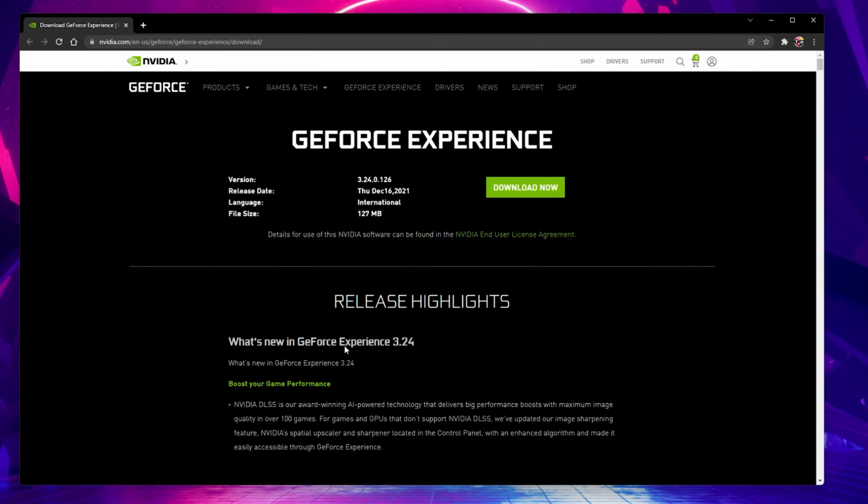Here, in the Drivers tab, you should see an option to download the latest graphics card driver. To reinstall your current driver, simply click on these three dots for your current version and select Reinstall Driver. This should only take a few minutes to complete, and GeForce Experience will automatically complete the installation once the download